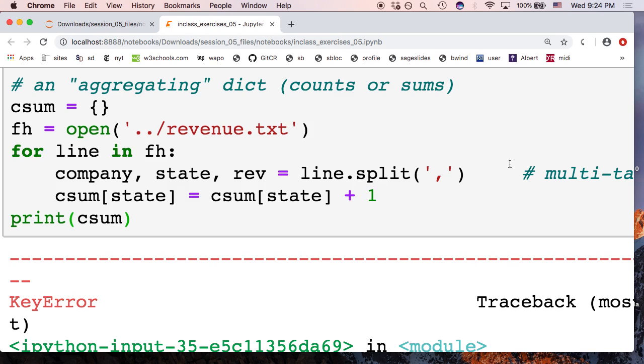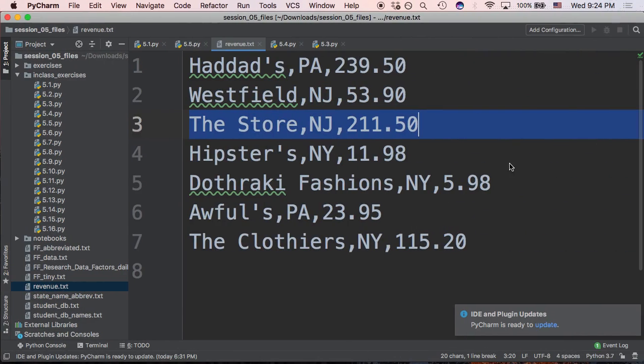But how are we going to add this key to the dictionary with a value when it's new, and add 1 to it when it's old? Old meaning I've seen it before, I added it to the dictionary. This is an interesting concept, and it's not that simple. But basically, if PA is new, if it's the first time I've seen it, I want to add this to the dictionary with 1. First time I saw it. So PA is 1. NJ is 1. First time I saw it. But when I see NJ again,